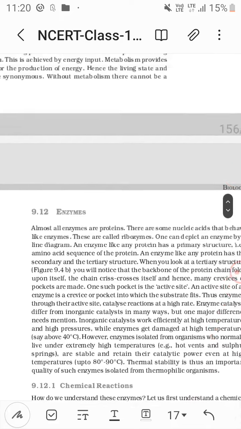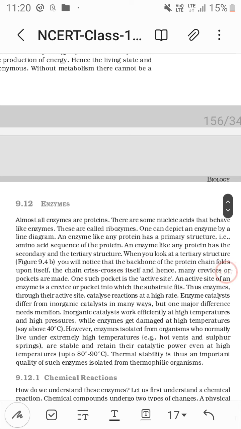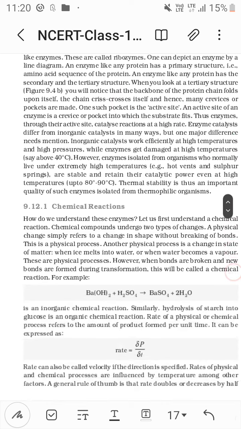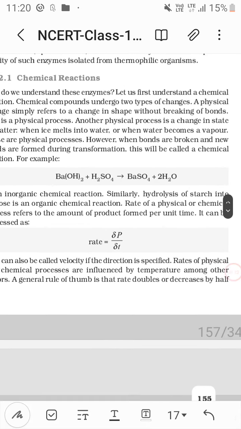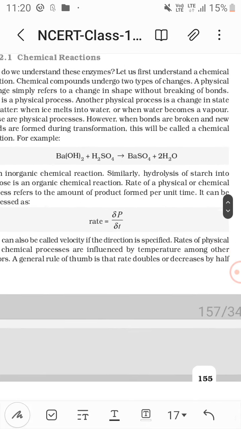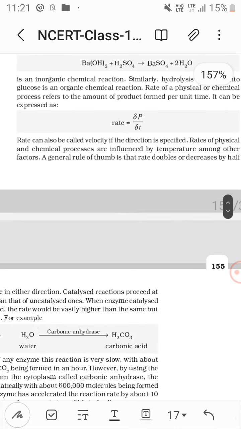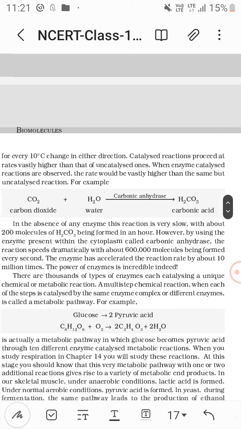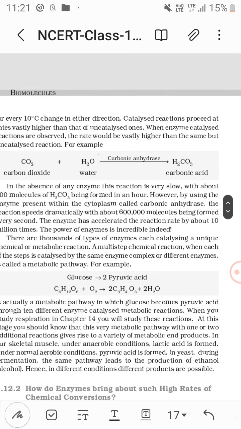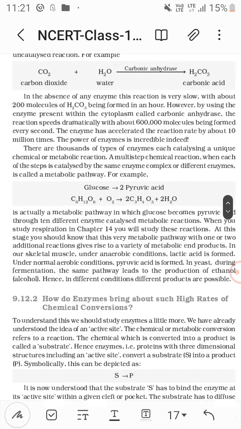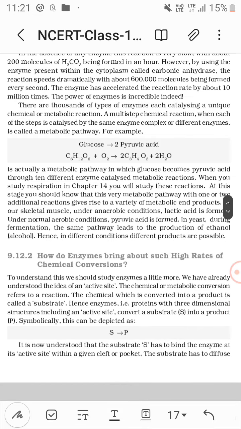Now coming to the chemical reactions. In enzymes-like chemical reactions you see barium hydroxide plus H2SO4 gives barium sulfate plus water. So rate is equal to the amount of product upon time, that is CO2 plus H2O, carbonic anhydrase forming carbonic acid, glucose to pyruvic acid, C6H12O6 plus O2 giving C3H4O3